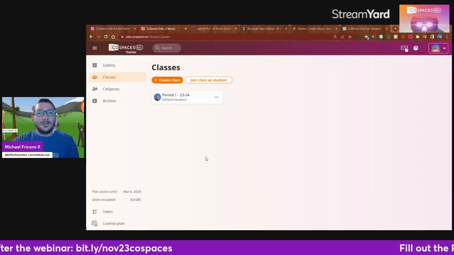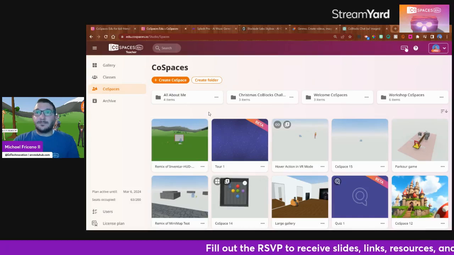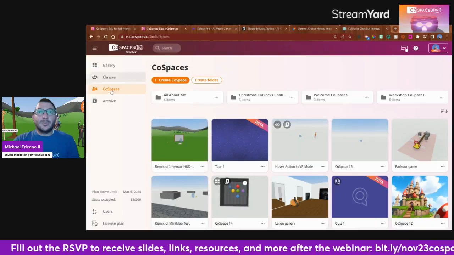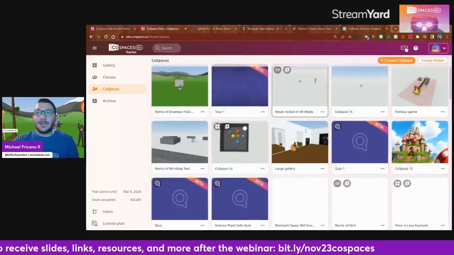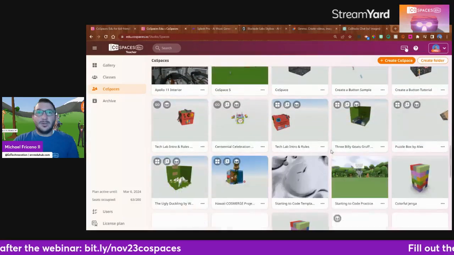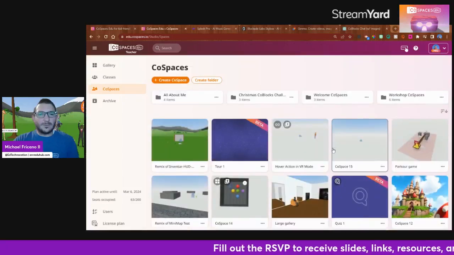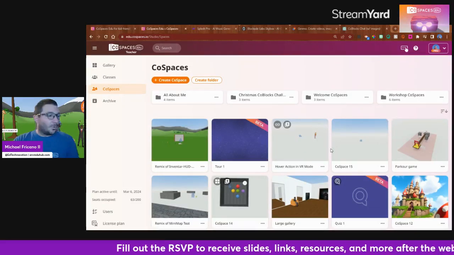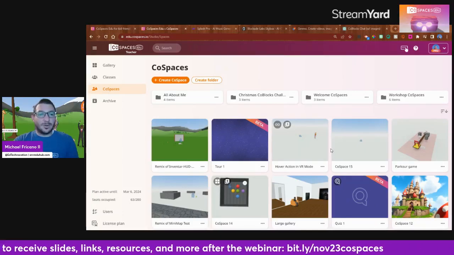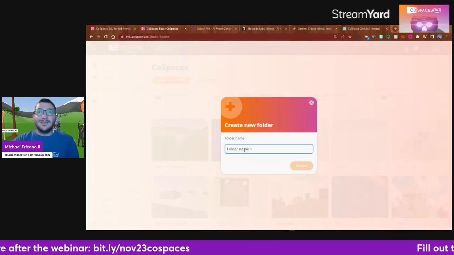I do want to quickly demo how this works. It's a fairly simple process, but one that you may or may not be aware of. So in your own CoSpaces dashboard here, maybe you're like me, you have lots of CoSpaces. I run quite a few different projects with my students, depending on the grade level and time of the year. And I always have a sample project, or a template that I want to be able to give students access to as part of the project. And so I started using the create folder feature. So you can create a folder, give it a name,